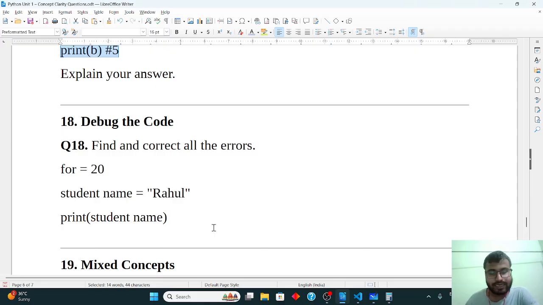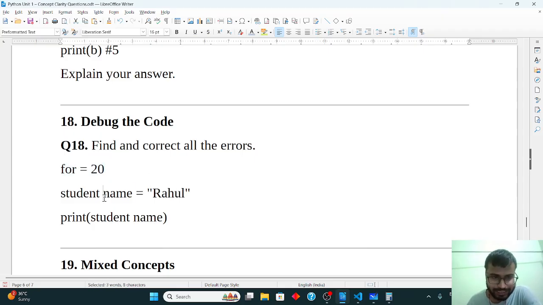We are given here, we need to debug the code, we need to say what's the mistake in this code, and we need to rectify the same. So let's go through the code. First of all, 4 is equal to 20 and student name is called Sprout. So 4 is a keyword. It is used in loops. So 4 is not a valid variable name. So there is an issue in line number 1,